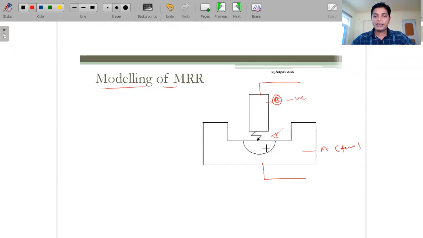Now for the modeling of removal rate, the spark is generated at this point. From this point, linearly in this direction, we take the distance, which is small r, and in this direction also small r, and at the bottom also small r. We have already seen that the material removed forms a semi-sphere. So this is the material melted during a single spark, and the volume of the melted zone, or volume of melted material,